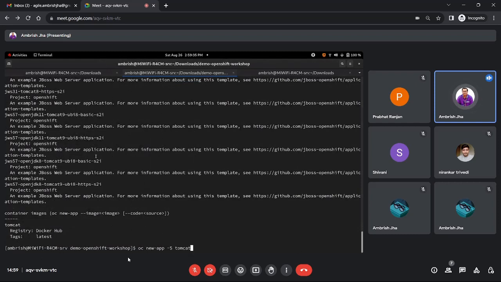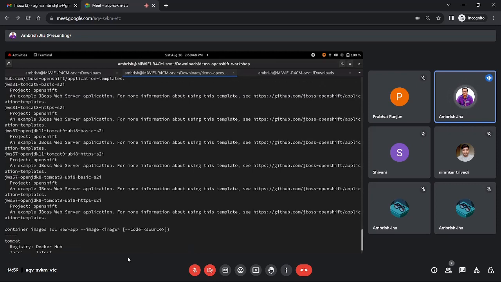I have put capital S. It means don't run the app, don't create any application. I just want to search it first. I just want to know how many varieties of Tomcat I am having. And this is showing me